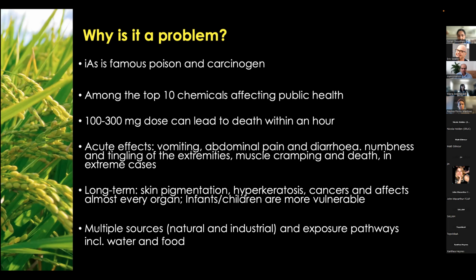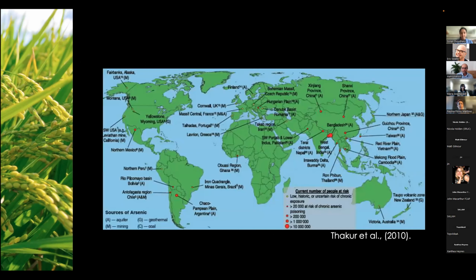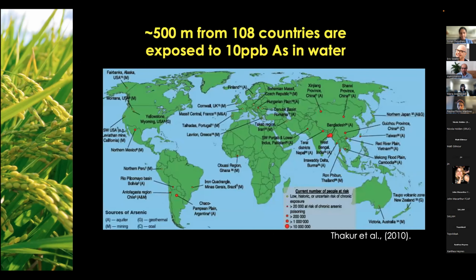So the main sources are mainly coming through food and water. In our project, we focused on the food aspect. If you look at the map of arsenic pollution, it is widespread across the world. You can see little circles on the map. Depending on the density of population, the population affected, you can see specifically around this area,